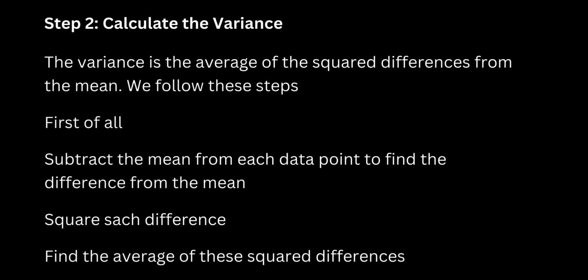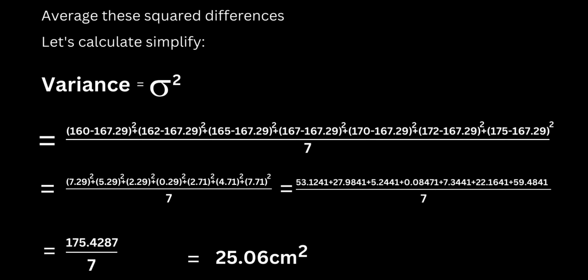The variance is the average of square differences from the mean. We follow these steps. First of all, subtract the mean from each data point to find the difference from the mean. Square each difference, find the average of these square differences. Let's calculate and simplify. Variance equal to sigma square equal to (160 minus 167.29) whole square plus (162 minus 167.29) whole square and so on. Simplifying it, we get